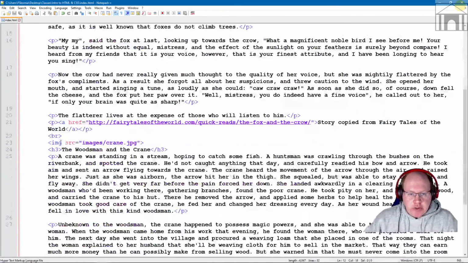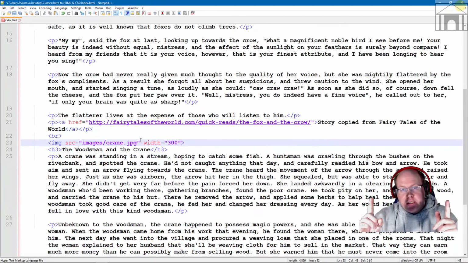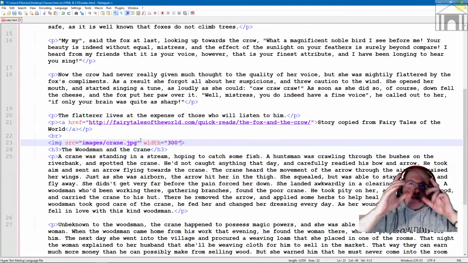So we're going to come down here, and here's my line where I've put in images/crane.jpg. I put the crane image into there. After this quote, I'm going to put a new attribute for this image. I'm going to give it a width attribute. I'm going to say width equals, in quotes, 300. What I'm saying is that the width should only be 300 pixels wide. And so it's going to shrink the picture so that it's only 300